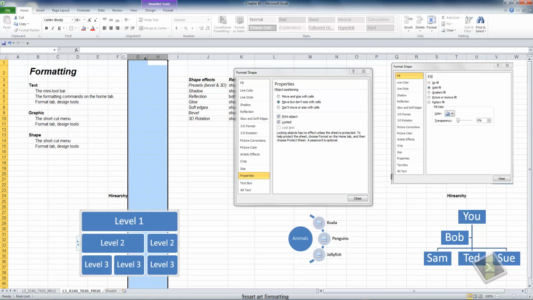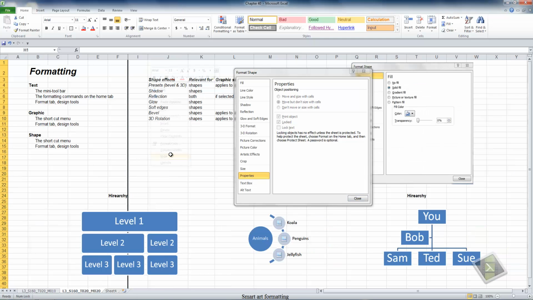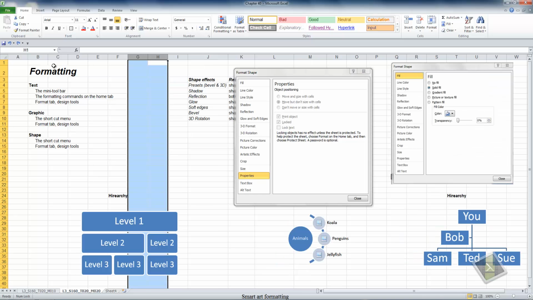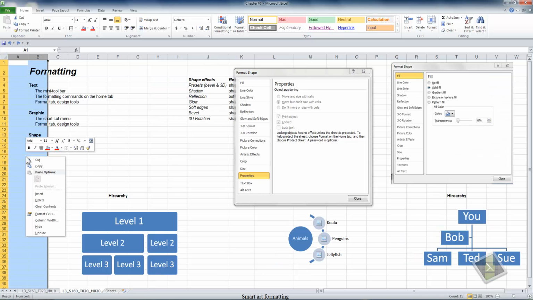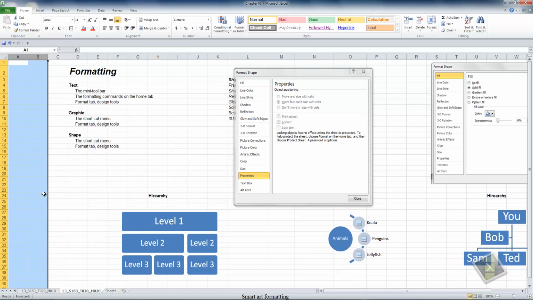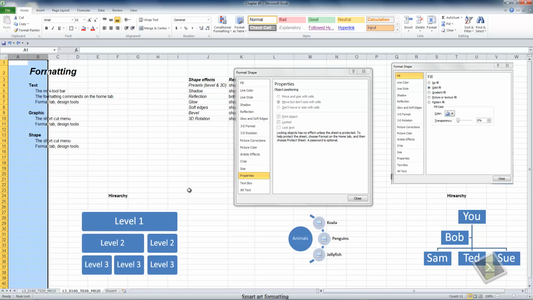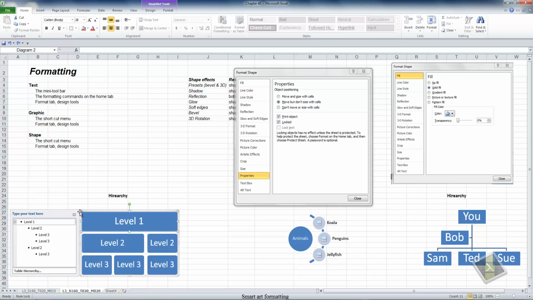So if I hide these columns again, my graphic doesn't change its size. I'm going to Control Z, and if I insert some columns over here, the graphic will move to the right. I'm going to Control Z to undo that, or selecting the graphic once again, you can have it not move or resize with the cells. So then when I insert some columns,